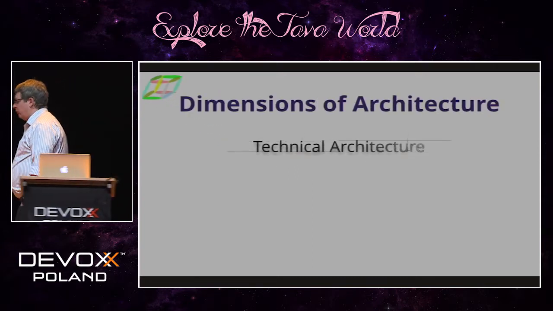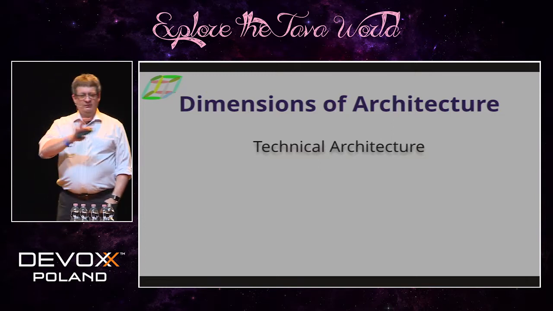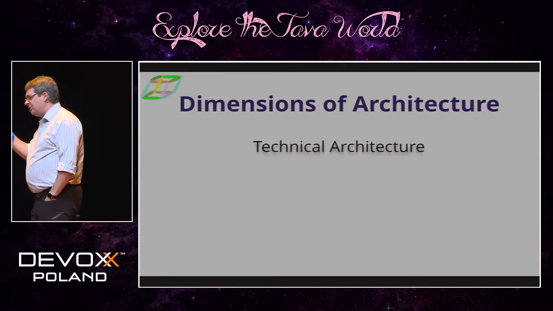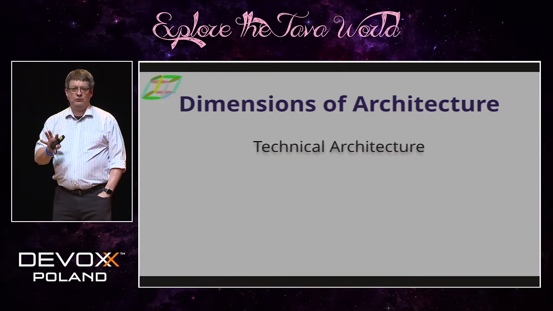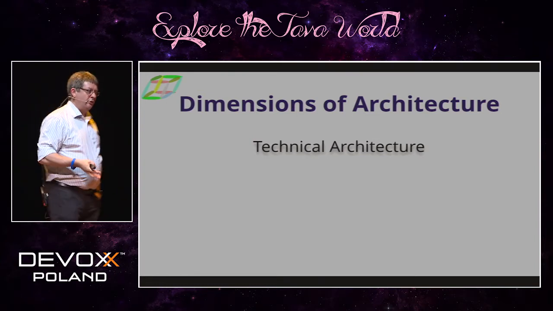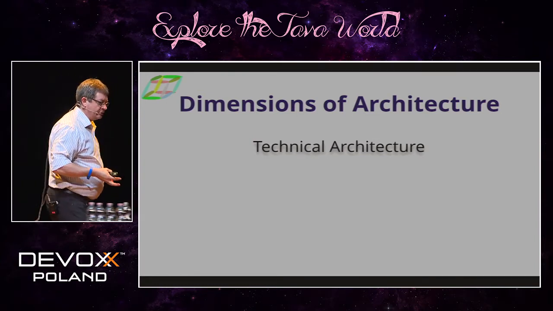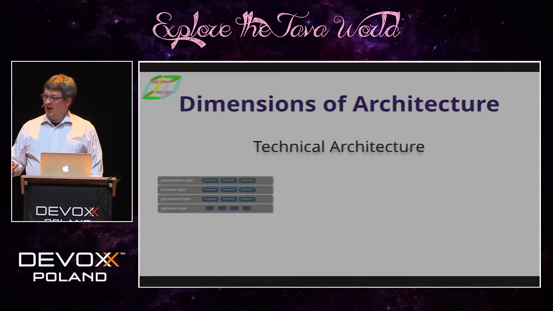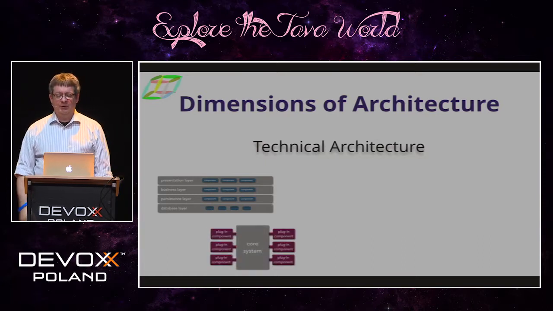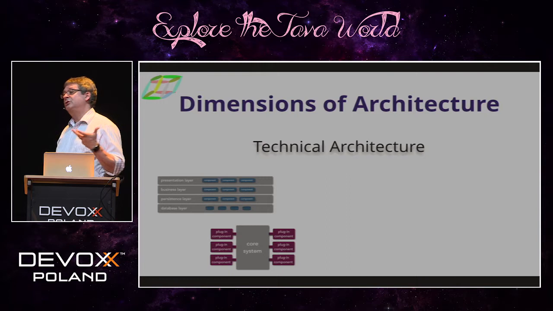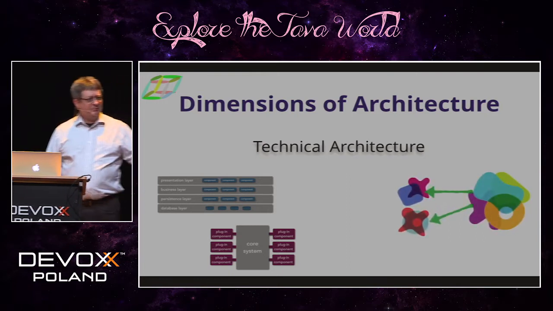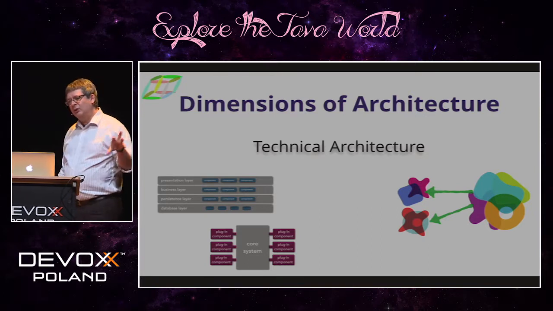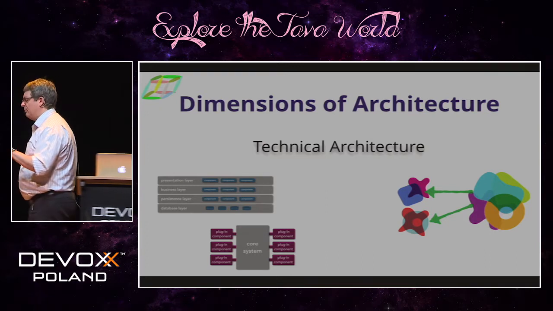So when you look at software architecture, you're really looking at a perspective on a piece of software because you can think about different kinds of architectural perspectives on a piece of software. Now, we're mostly developers and architects, and so when we talk about architecture, we're mostly talking about the technical architecture, which are things like architectural patterns, how the components are fit together, how they get deployed together. The technical architecture also includes things like transitive dependency management, frameworks and libraries, and how those things fit together. So this is the technical architecture perspective on a bit of software.